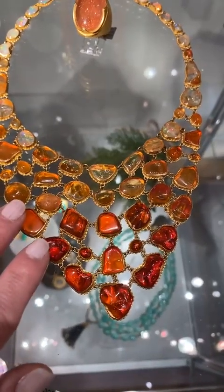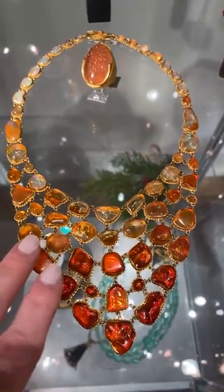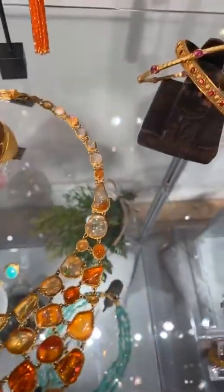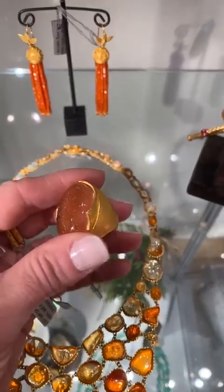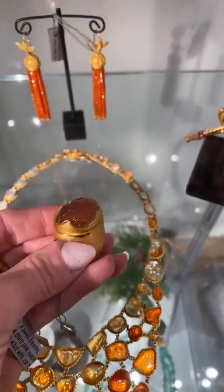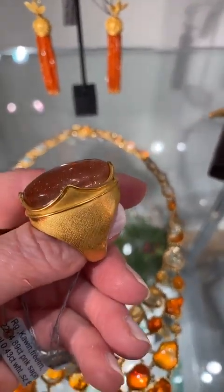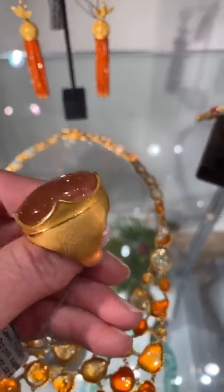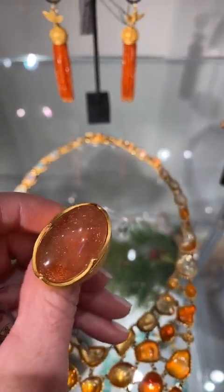of Mexican fire opal. And she creates this, as she calls it, that fishnet bib, from darker to a lighter progression all the way to the back. This is a beautiful and luminous Oregon sunstone in a beautiful setting in high carat gold. Her textures are rich, sort of this cross hatch texture on the gold, and you can see the luminosity in this cabochon